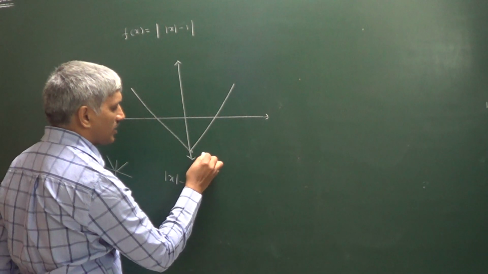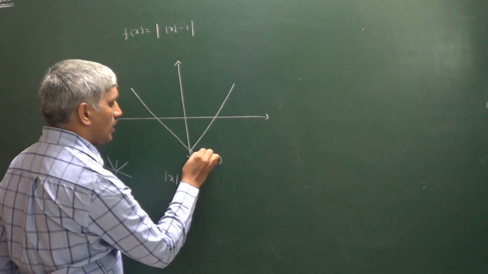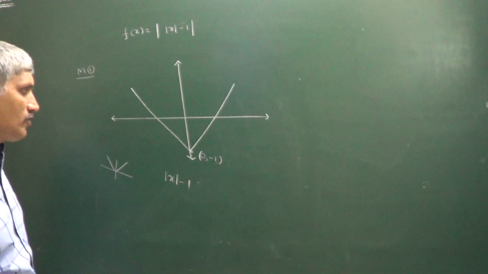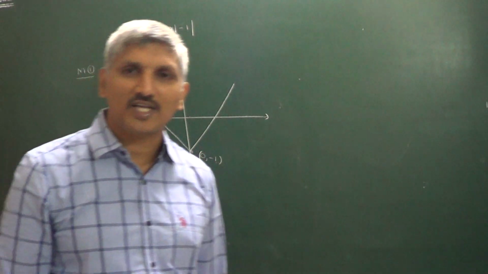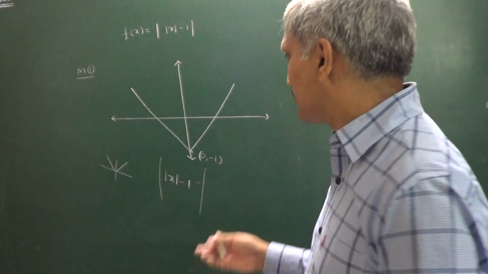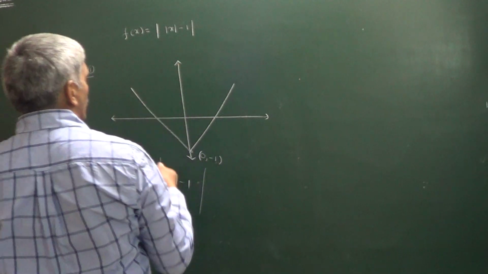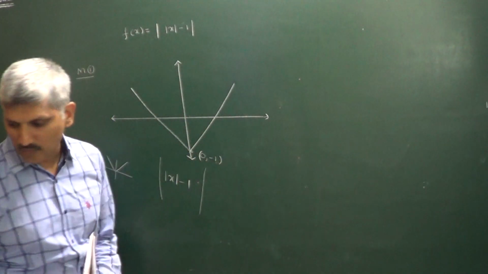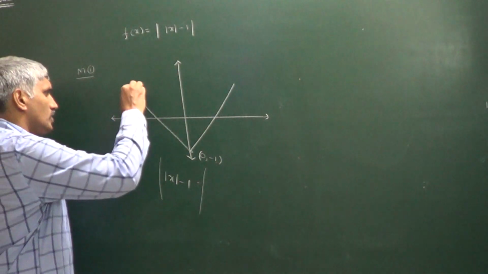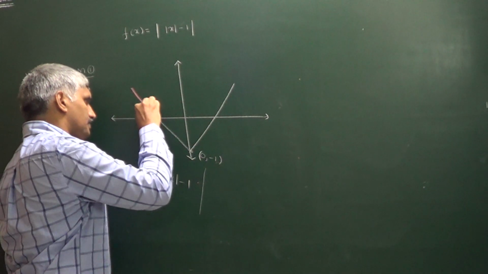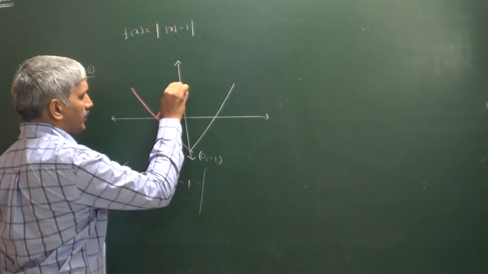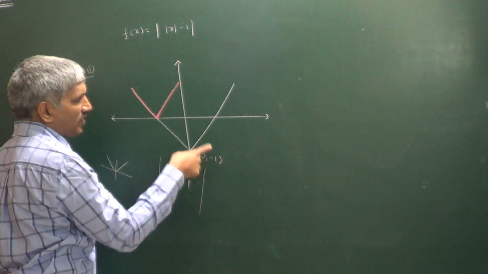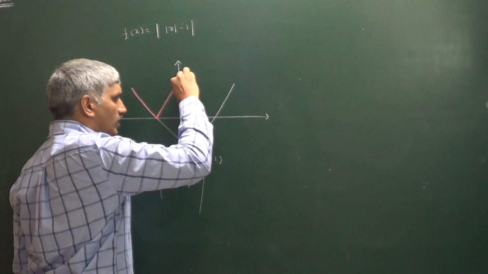That means this particular point is (0, -1). Now we have to draw the modulus for this. That means there is no chance of getting negative values. So this negative portion will also move upward. The same I am showing here. You can observe here, this is the point. Again, this (0, -1) reflection is (0, 1).